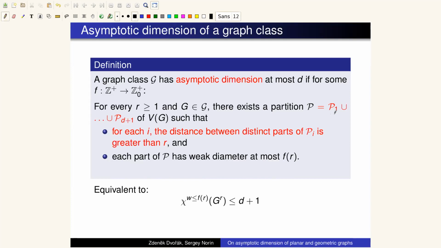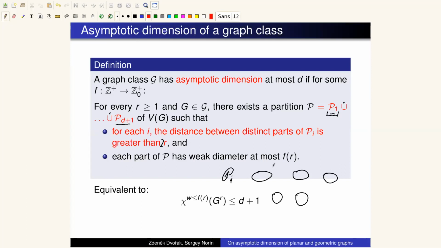Your partition should be divided into d+1 disjoint subsets, and in each of them, let's say in P1, the distinct parts that you put into this set should be far apart, a distance greater than R. Or, to match with the previous definition, I should put greater than 2R, but qualitatively it doesn't matter. So what this means is that if I have a look at the parts which are in this P1,